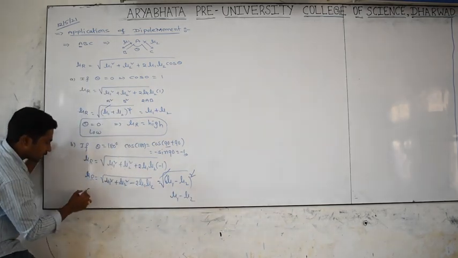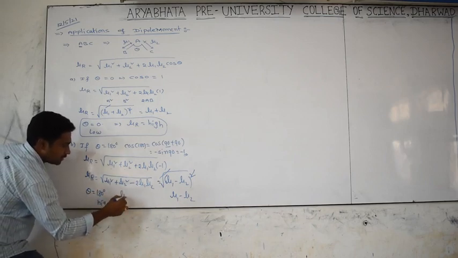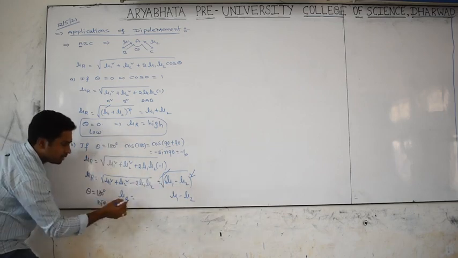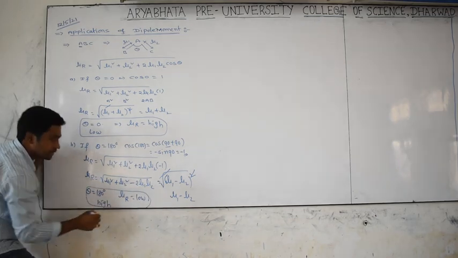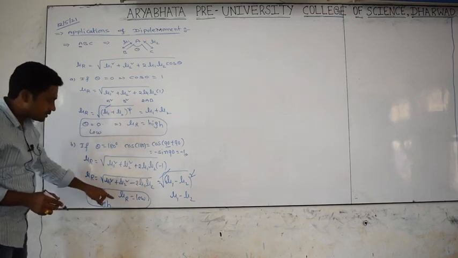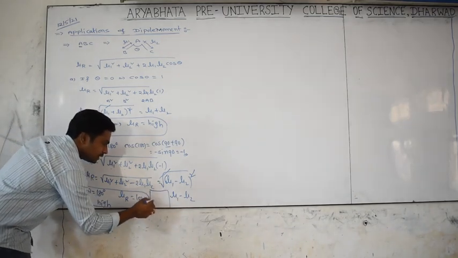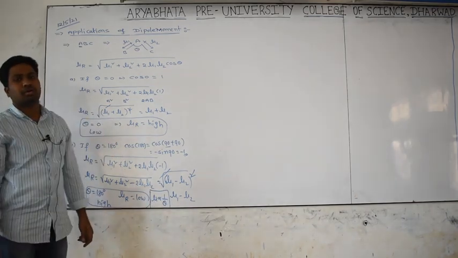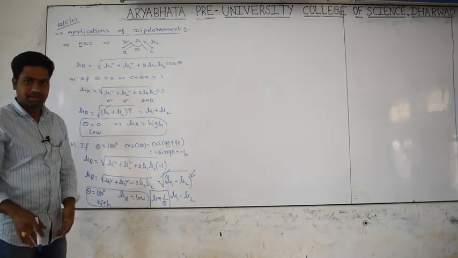So if angle theta is 180, the angle is high, so the resultant dipole moment comes from a subtracted value. Addition gives a high value, subtraction gives a low value. So from these two things, can we tell something? Angle is low, resultant dipole moment is high. Angle is high, resultant dipole moment is low. Finally I want to write one thing here. Remember very carefully, dipole moment is inversely proportional to the angle between the bonds. More angle, less dipole moment; less angle, more dipole moment. Are you getting it or not?